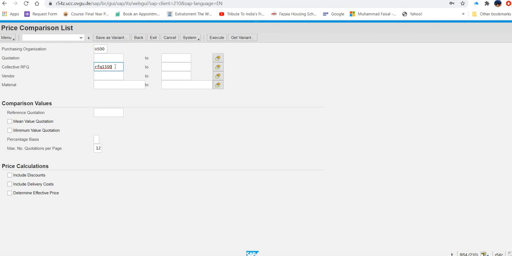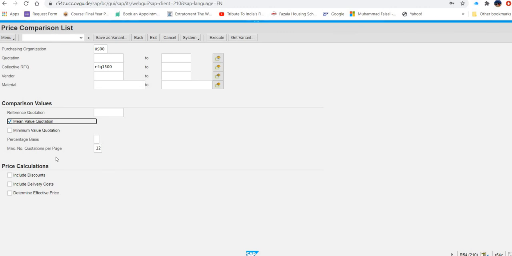My GBI number, you will replace it with yours. Select mean value quotation and determine effective price. Mean value quotation is there, okay, and determine effective price.